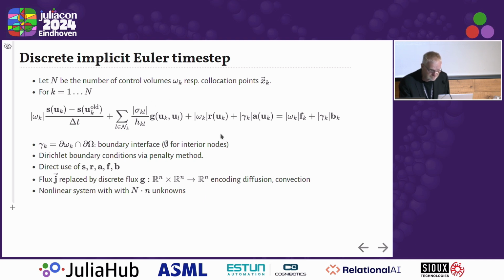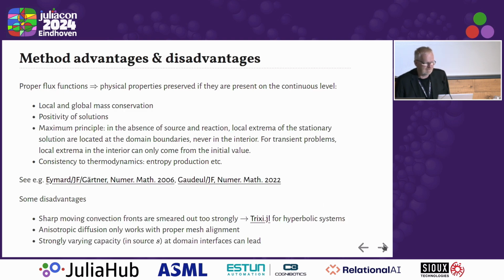I have these nonlinear flux functions, which replace the continuous flux by a finite difference flux expression, which can all be coupled or nonlinear. I have the reaction rate terms and so on, and the geometry factors coupling these things. This is a nonlinear system where the number of unknowns is the number of species in the system times the number of nodes in the grid. That's a method which has nice physical properties like maximum principles and positivity of the solutions, if these are present in the continuous problem. We can also show some nice discrete thermodynamics like entropy production estimates and so on. There are also some disadvantages, in particular if you want to solve hyperbolic systems. It formally would work, but not very well. In that case, you should use Trixi, which is focused on that kind of